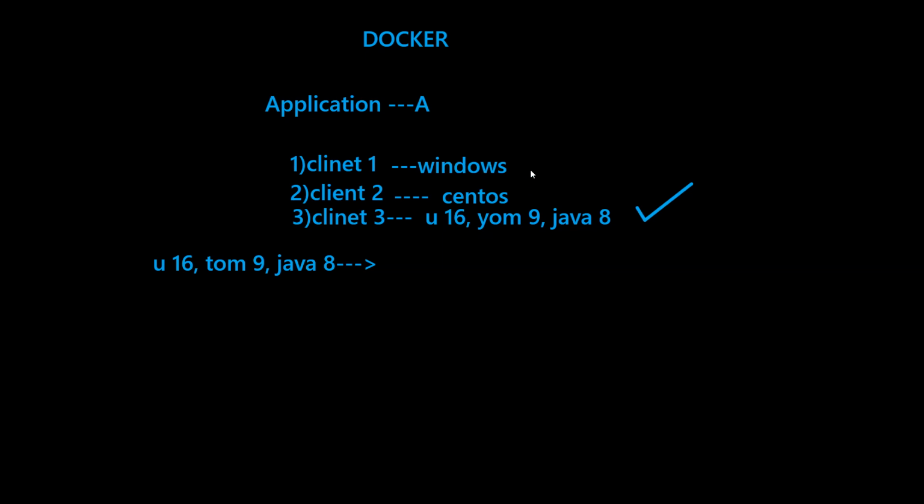Let's say this client one is having Windows environment. It's not that just because of this app they can change their environment, right? Or else maybe they don't know how to do it, or else they may not be interested in it. But how to provide this application to this client one and client two? How to handle them without losing them? How can we provide them with the app? Any solutions to this problem statement? What is the solution, do you think?